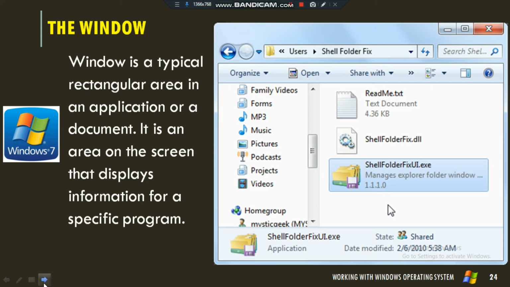Okay, so if you open a Word window, that window has details about that particular Word document. Now in this we are opening the MS Explorer window, so it shows the details regarding the different folders and files stored in your computer. Okay, so each window shows the information regarding that particular application.